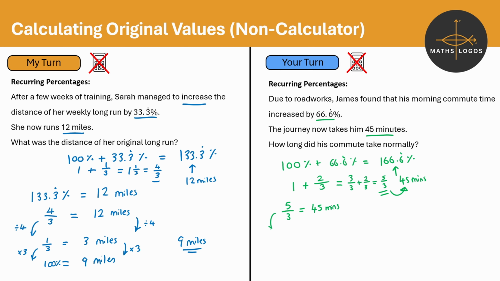And I want to work out the value of 1/3, so I'll divide by 5. I know 5 of these thirds divided by 5 would give me 1/3. So I divide my 45 minutes by 5 to take me to 9 minutes. 1/3 of the journey, or the original journey I should say, is 9 minutes. We want to work out 3/3 or 1 whole. So that would be equal to 9 minutes multiplied by 3, which is 27 minutes. So let's turn that back into a percentage. So 100% is equal to